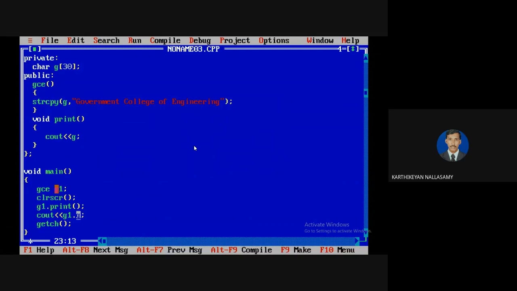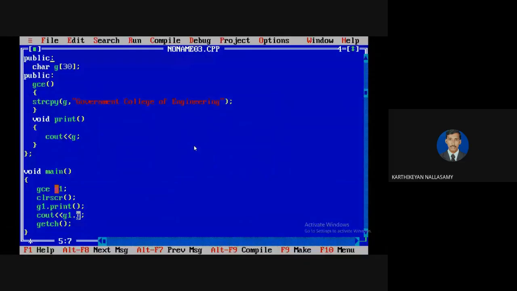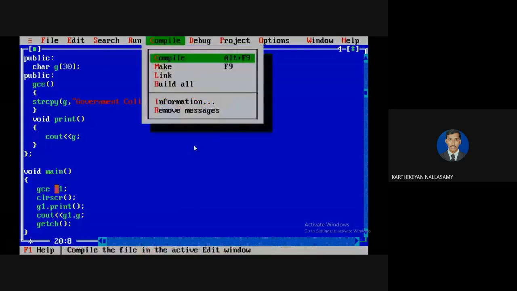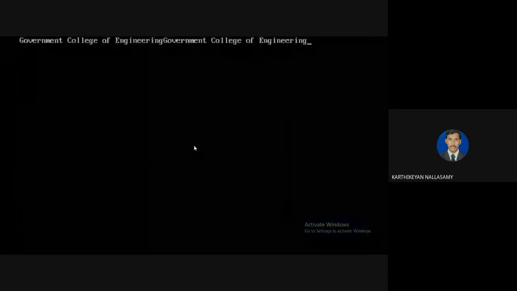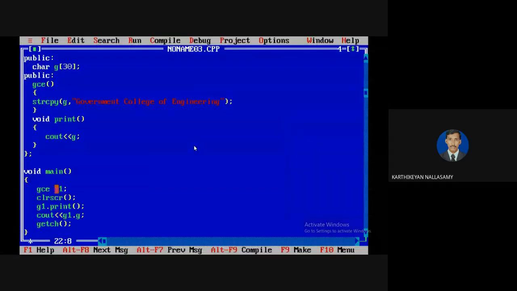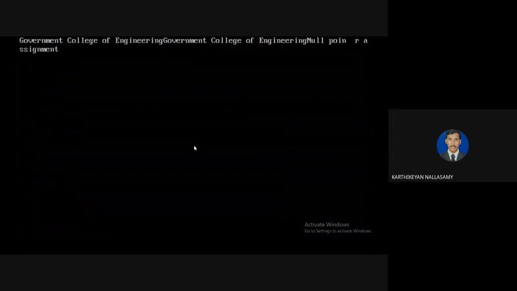If you want to access it outside of the class, it must be a public property. So you can change it to public. We must make it public. Now you can check. No issue. I'm going to run. It will work. Here, I didn't clear the previous output also. So like that, it will display 2 times, because the print also will display and this cout also will display, so the output shows 2 times.